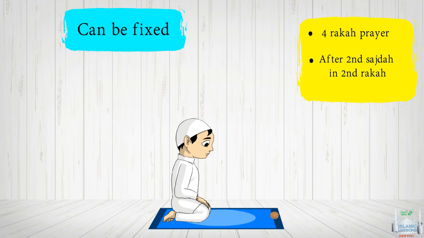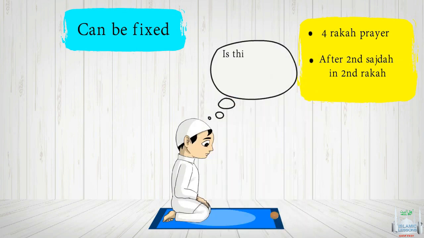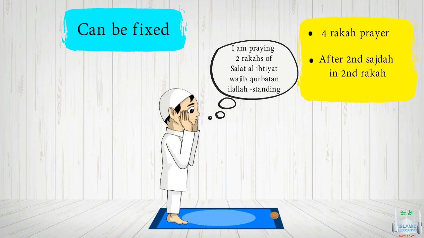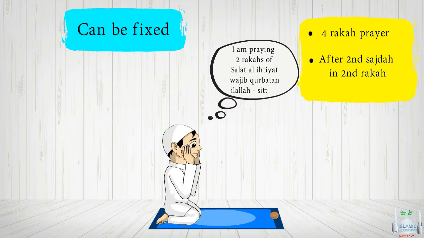Now this one is a little different. I have a doubt in Salat al-Dhuhr after my second sajda in the second rak'ah as to whether this is my second, third, or 4th rak'ah. I assume it is my 4th. I complete my prayer as normal. This time I pray 2 rak'ahs of Salat al-Ihtiyat in a standing position, followed by 2 rak'ahs of Salat al-Ihtiyat